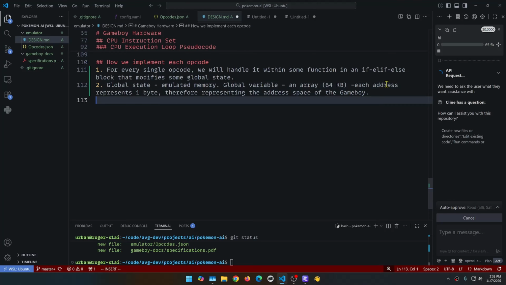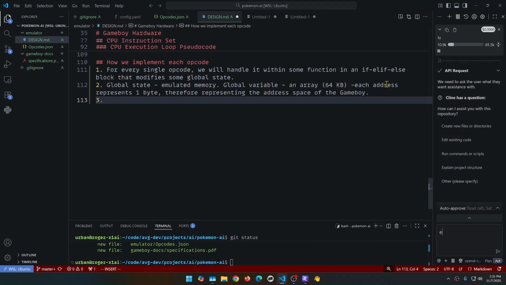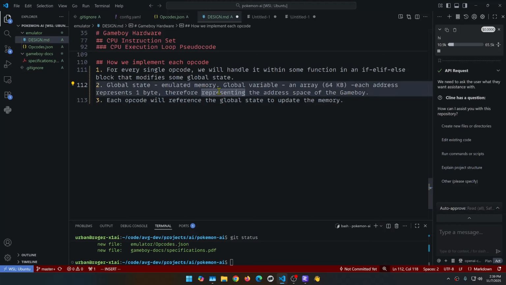Okay, each opcode will reference the global state to update the memory,